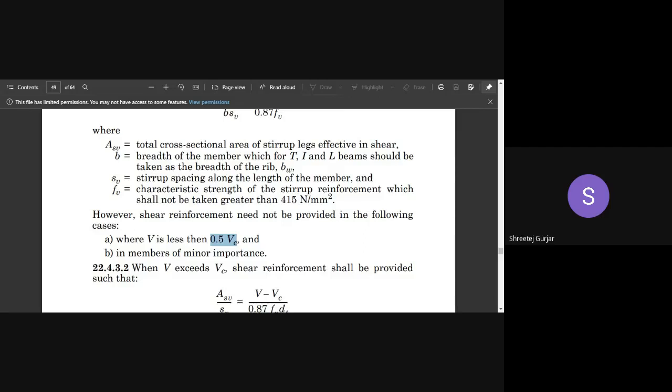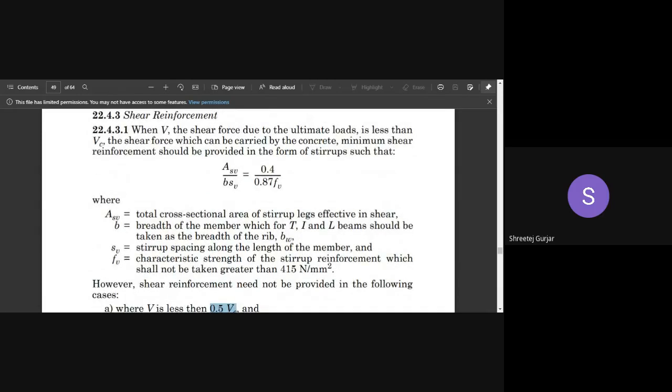Okay, don't write that no shear design is required. That statement do not write. We have to check before and then we have to write down. So we have to provide minimum steel. The minimum steel can be provided by using this particular formula. This formula you can use and you can provide the minimum amount of steel, when the V is lesser than VC, which is the case in our numerical.